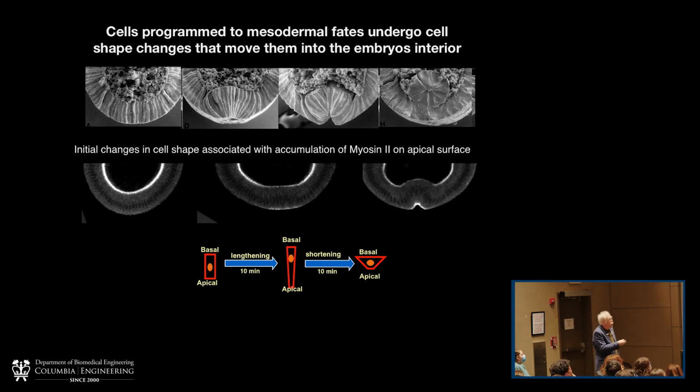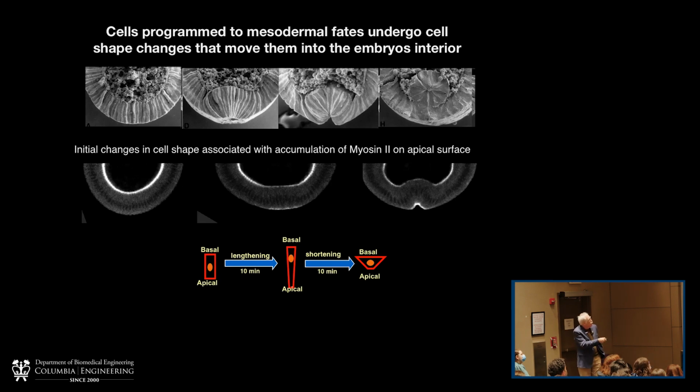This process is going to require some force-generating machine. We know from the studies involving looking at the cytoplasmic myosin 2, that if you look at this stage here, the accumulation of myosin, what you can see is that it's localized to the basal surfaces of the cells. And this is a historical feature of the way that the embryo undergoes a process of cellularization. Most of the myosin is here.